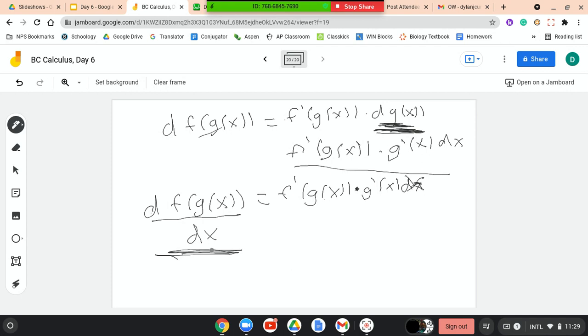That is the derivative of f of g of x. And so then, what would we expect this to be? We would expect this to be the rule that tells us what the derivative of f of g of x is, right? Yeah. And lo and behold, it is. The derivative of f of g of x equals f prime of g of x